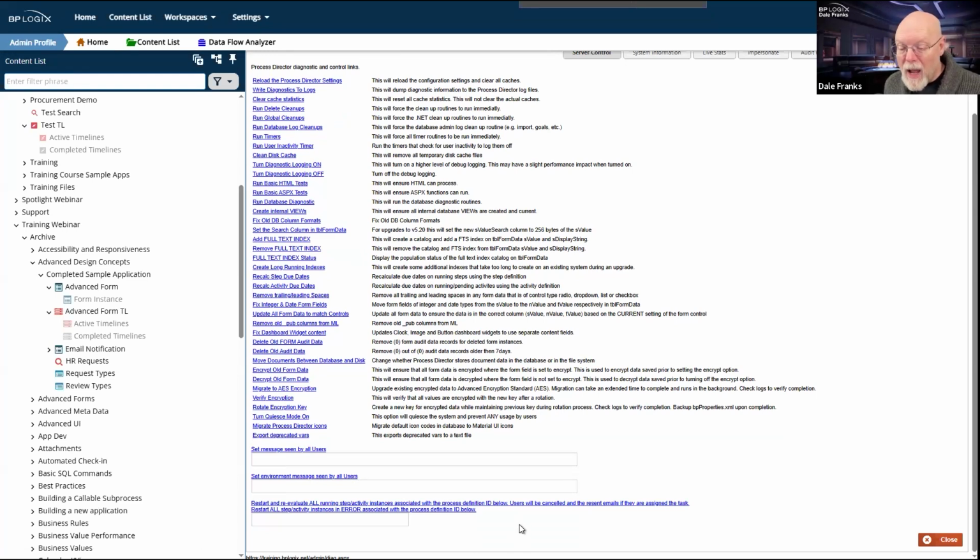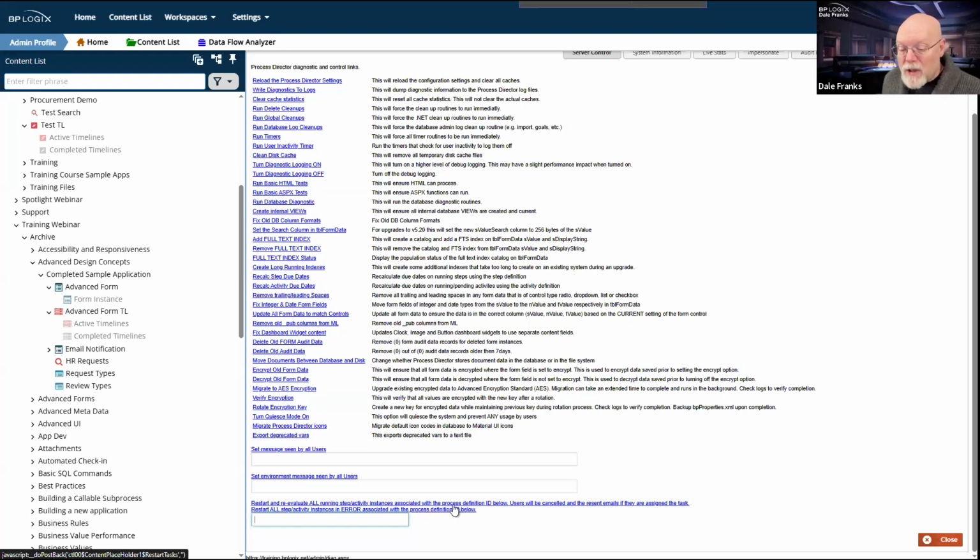If you have a process ID, a process definition ID, and you place it into that box, and then click this control link, which is a very long and verbose control link, so much so that it breaks format with all the other ones. That's why it's down here at the bottom. Also, it's at the bottom because we've hidden it in debug mode.